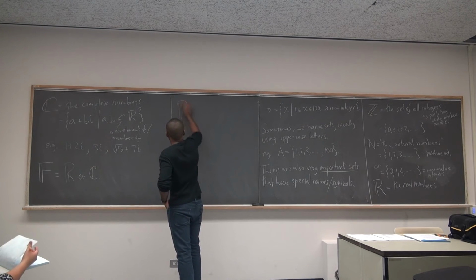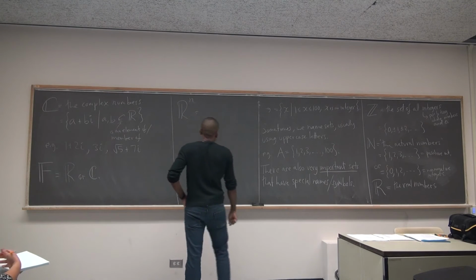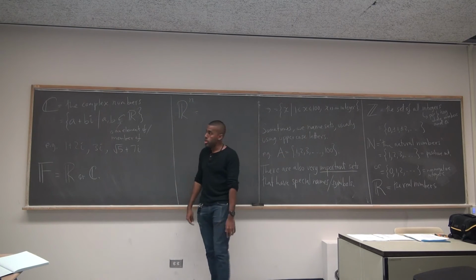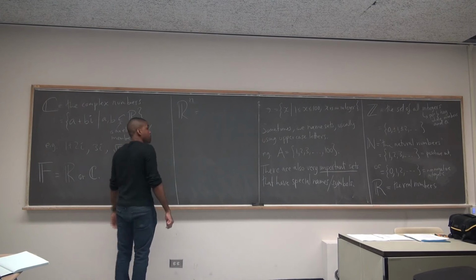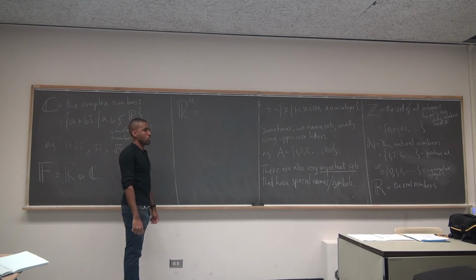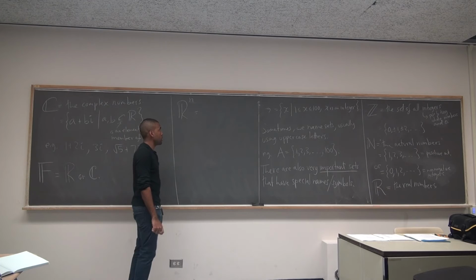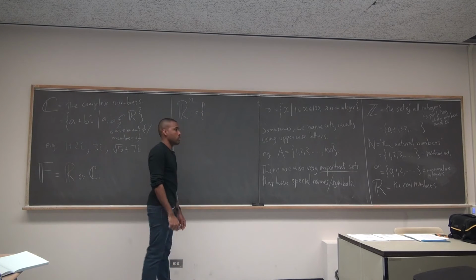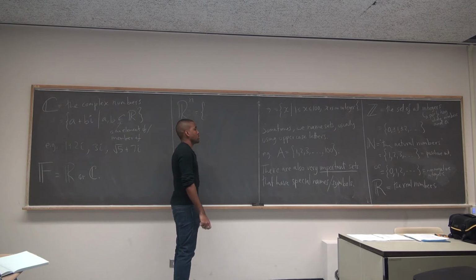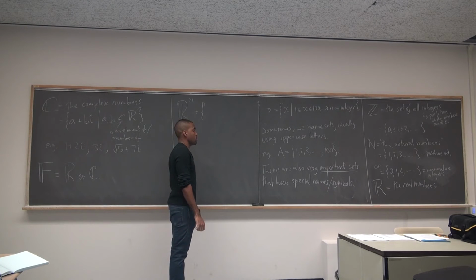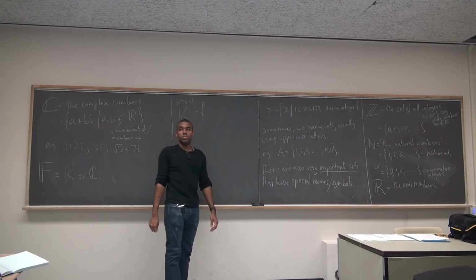Let's look at something like this. R^n. If I write R to the n, or any of these sets to the n, what do I mean? n represents the number of dimensions. Give me a specific way to write it down. If I want to grab a symbol in the R^3 region, how do I define it specifically?